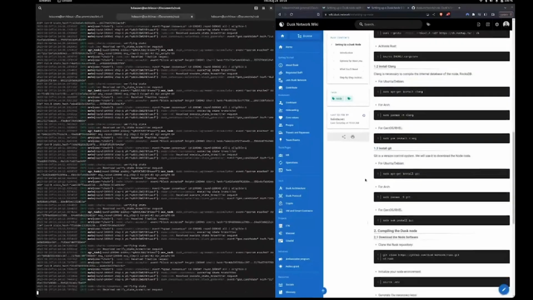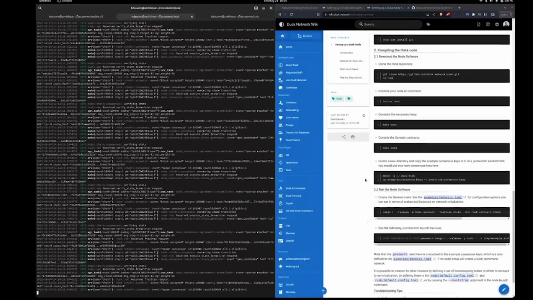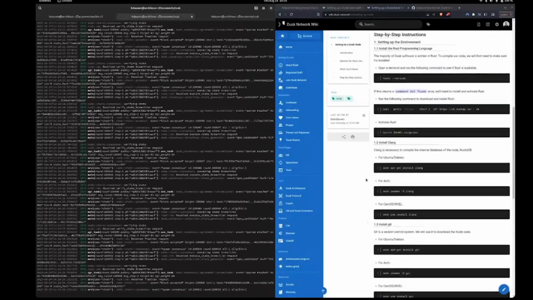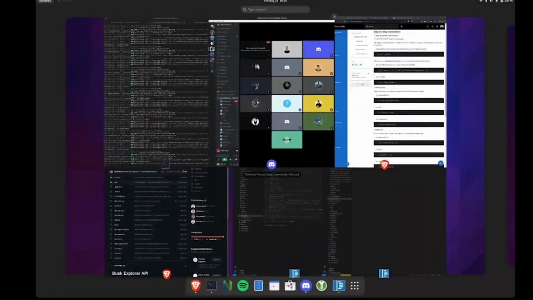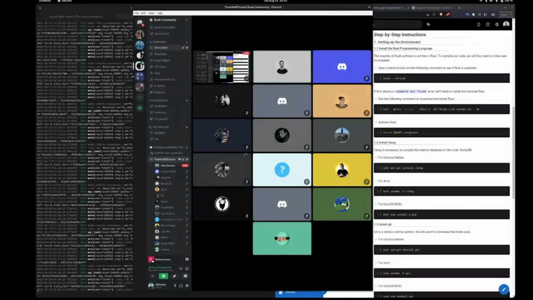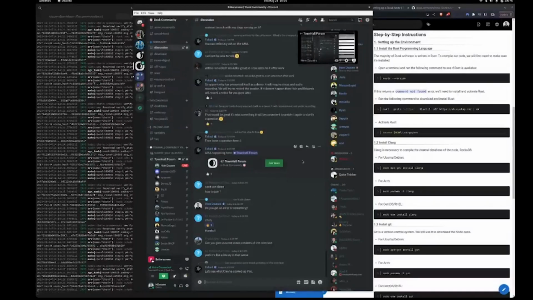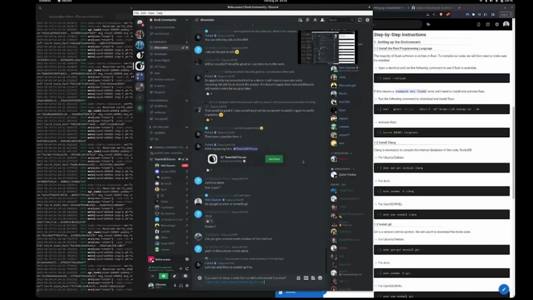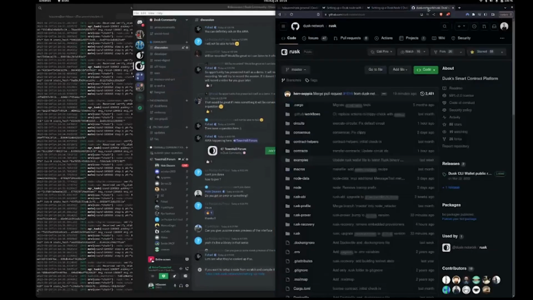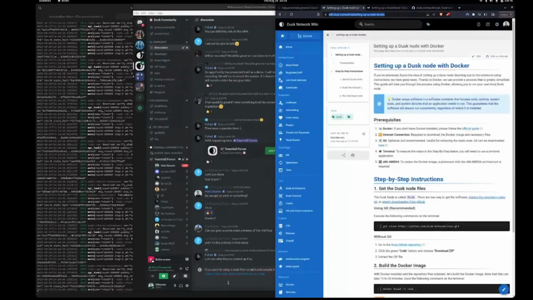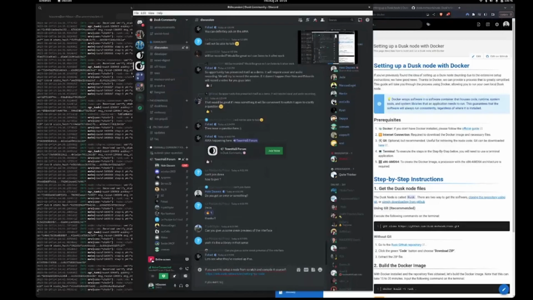So people that are interested in doing it from scratch, there is documentation for it. We'll post it. I'll just post it now. I wouldn't recommend taking this approach. So if you want to set up a node from scratch and compile it yourself, there is this piece of documentation. And then what we'll look at today is the Docker way. If you want to use Docker,